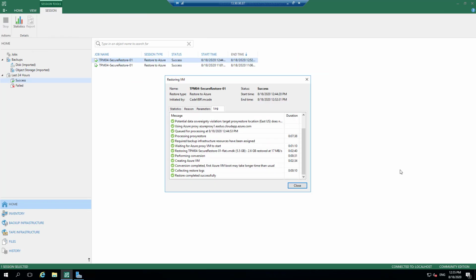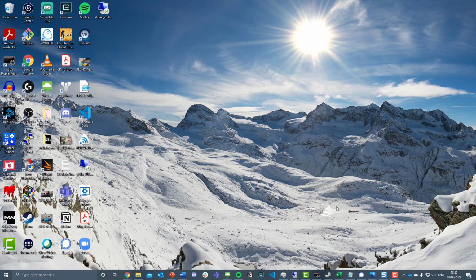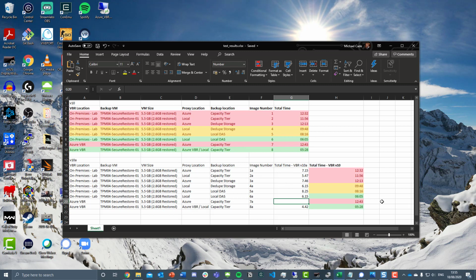Okay, so we just finished that direct restore to Azure. I went through a couple of tests just to confirm, so that's why the time differs, for those that have paid attention to the time down in the bottom right hand corner and obviously the start and end time. I've tested various different ways of doing this, keeping it the same as what I've done for the other tests, obviously to make it fair. But I think the key point here is this number, 738. If we jump back down into the comparison and we jot that in there,